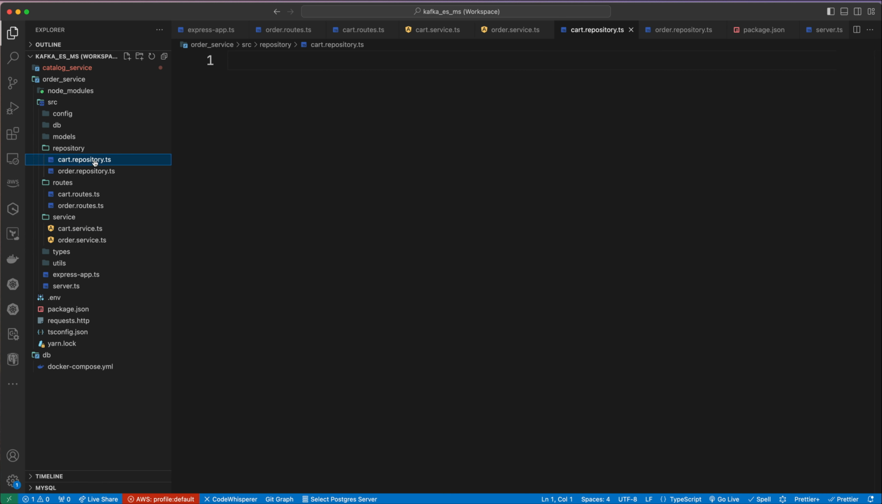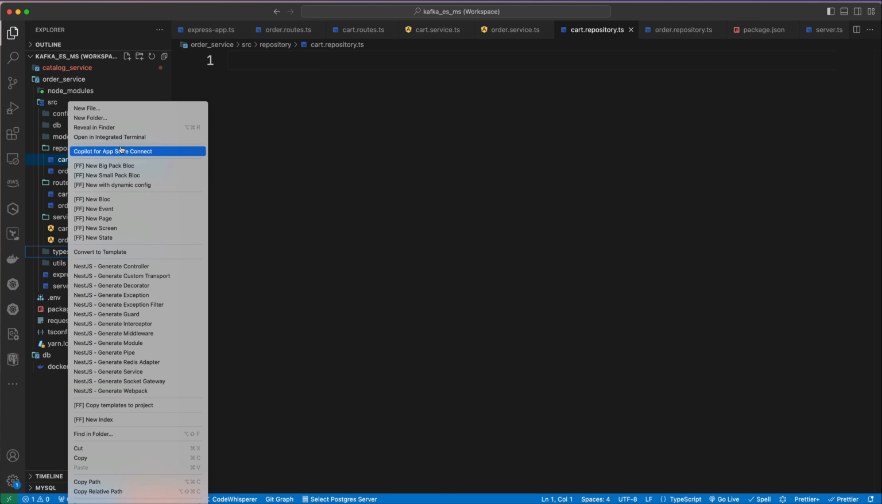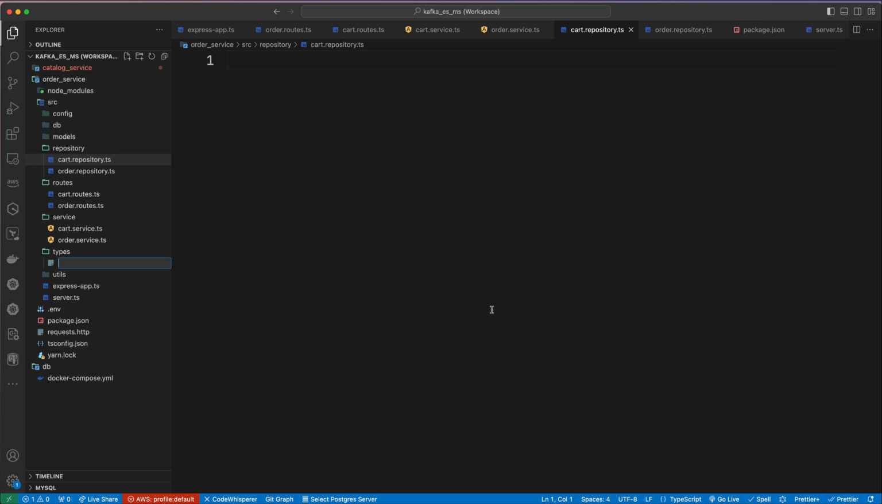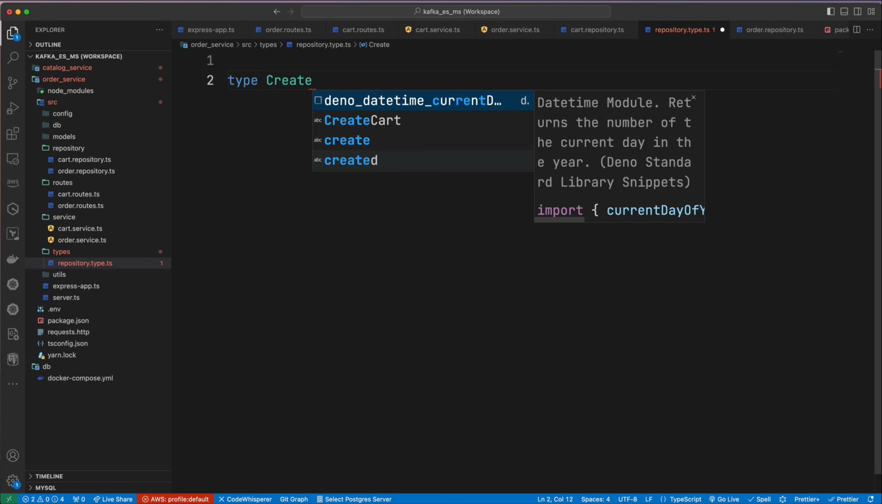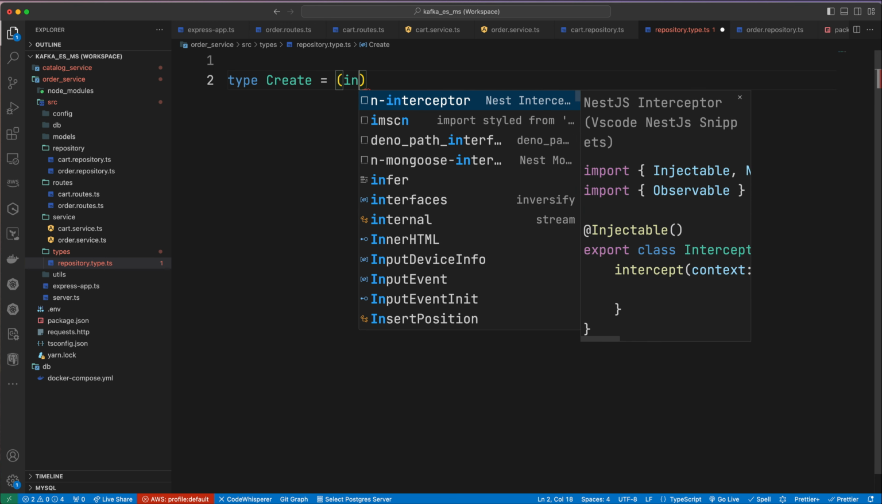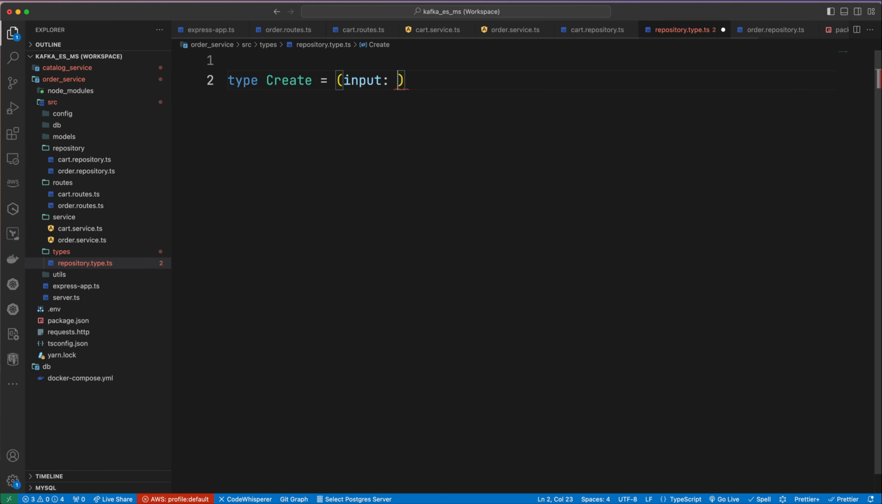So here in the card repository, right before creating the card repository, let's try to create a couple of types. Here inside the types directory, let's create one type called repository type.ts. So here in the repository type, let's add some code. First of all, let's create a type create. The input will be any. As of now, we are going with any, and at a later stage we are going to edit that specific type